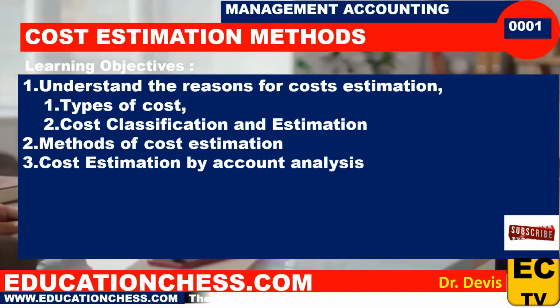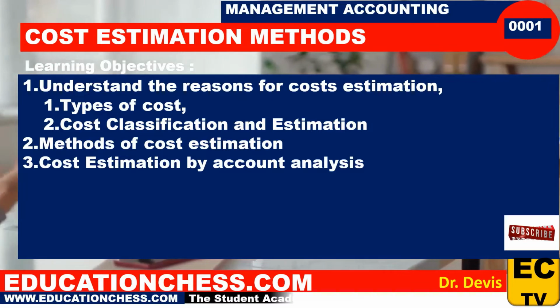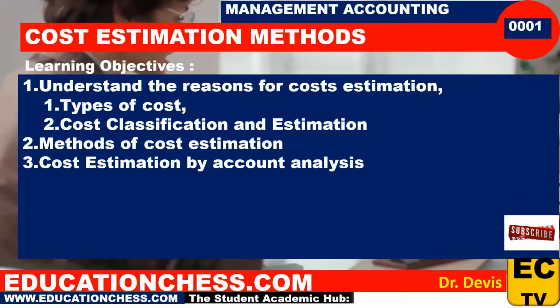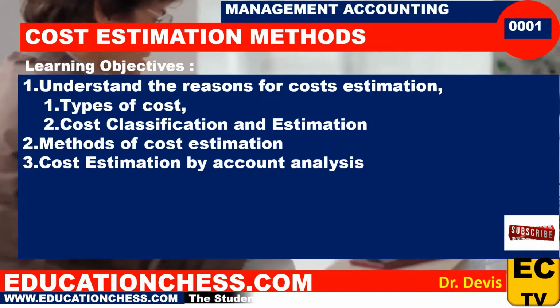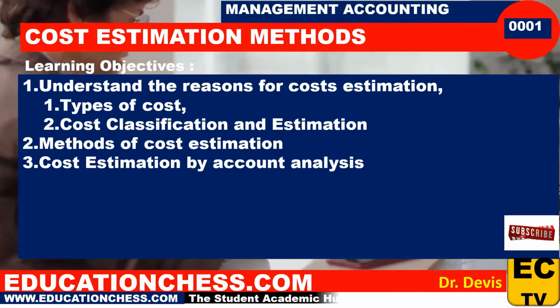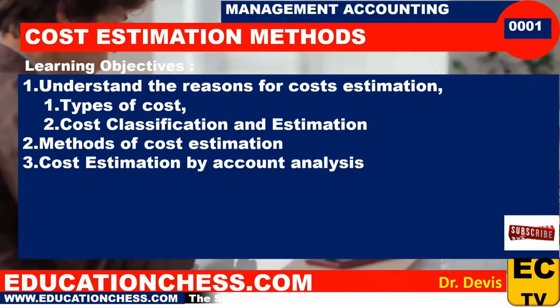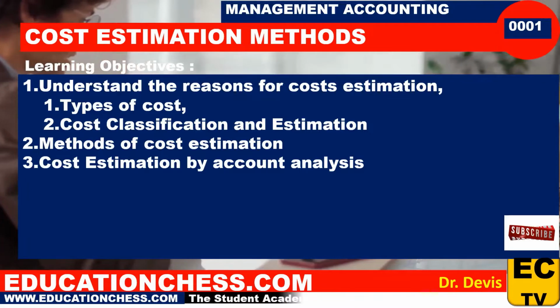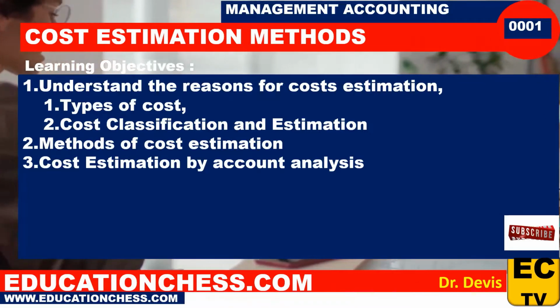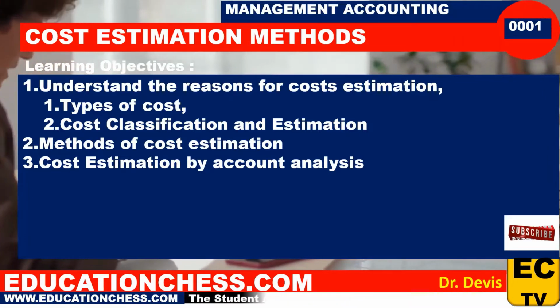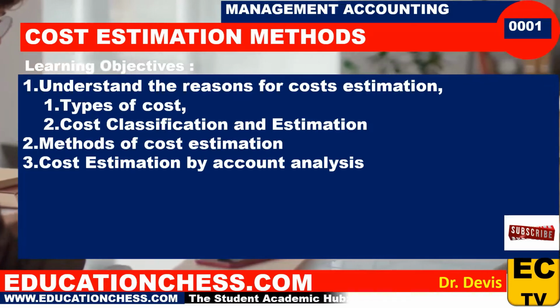We classify all those costs into either variable or fixed costs, because we need to derive a certain formula, that's linear equation formula, and then from there we estimate cost for each variable, either fixed, average, variable cost, or each component of